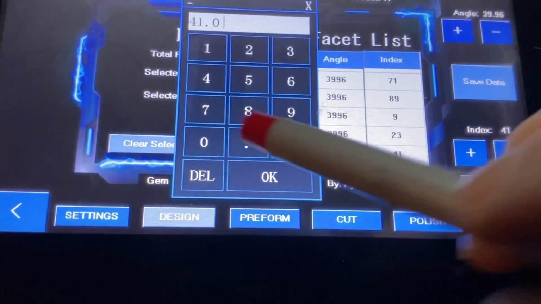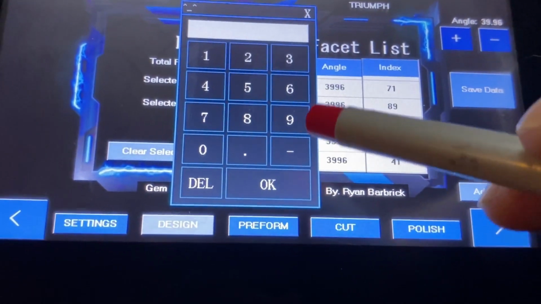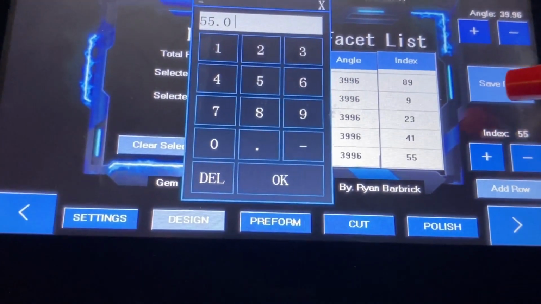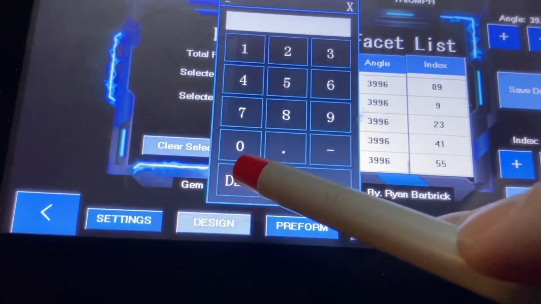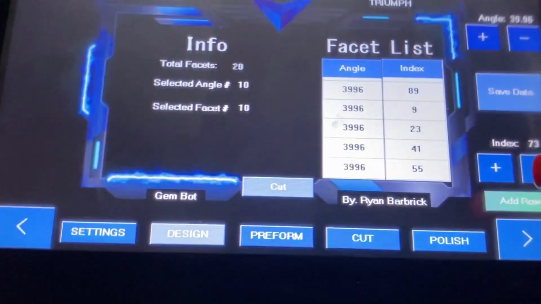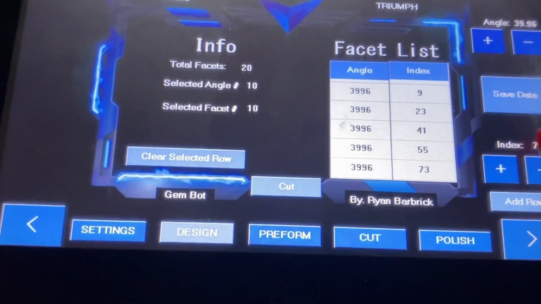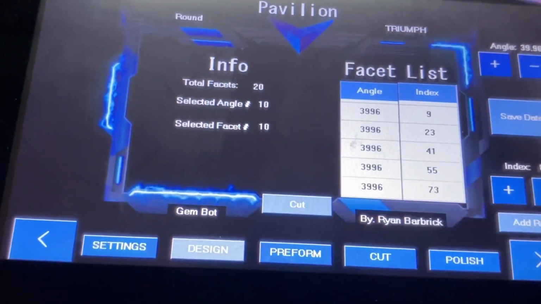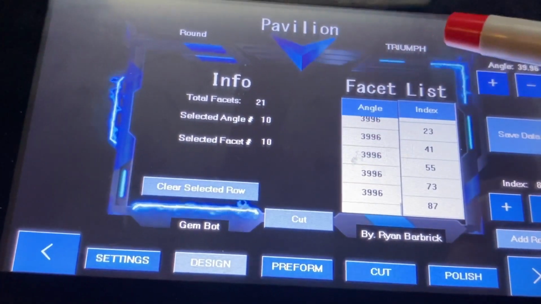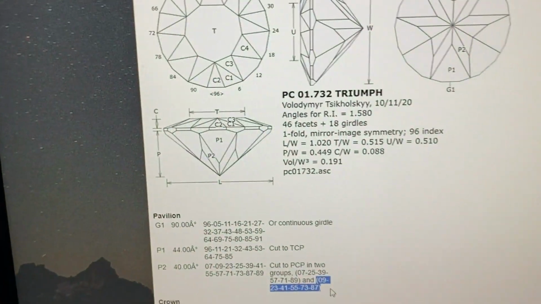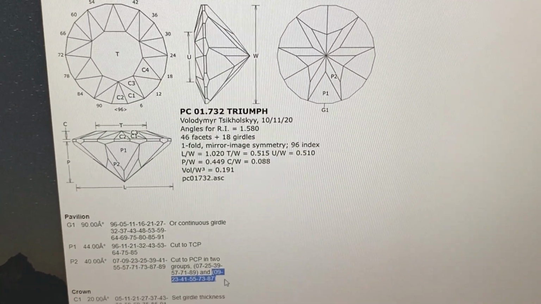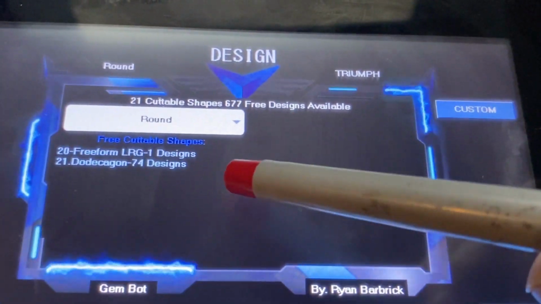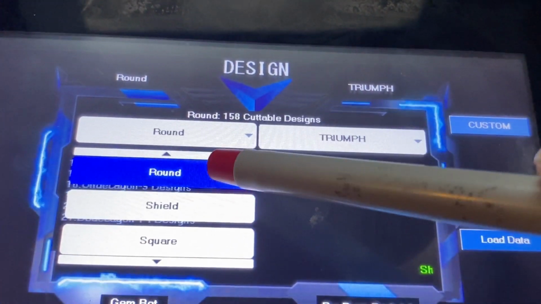These index numbers were kind of further apart, so I just used this little text pad input to input the index numbers. And I just click add row. I should know how to do this from the last video. It looks like I'm doing group 2. When I save it, click round,